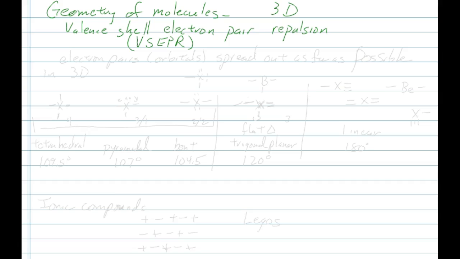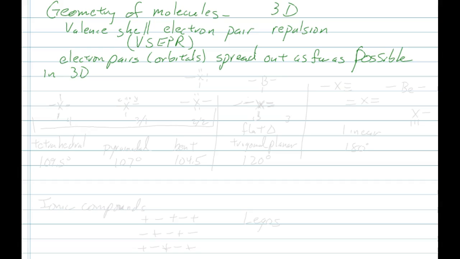The VSEPR theory is the same thing, that the electron pairs or orbitals spread out as far as possible in 3 dimensions. There are 5 shapes that you'll have to know, and you can determine these from the Lewis